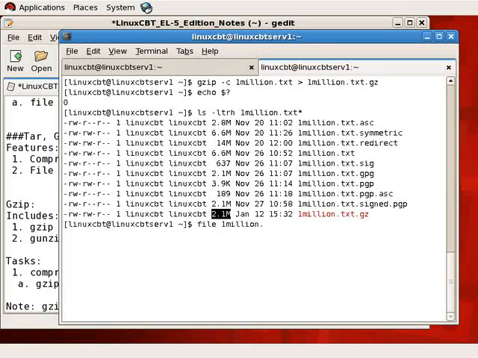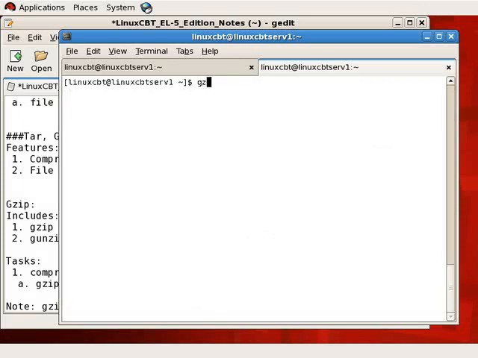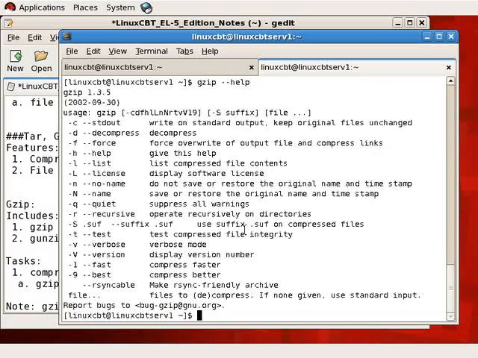Running file against 1million.txt, the original file, reveals that it's ASCII text. The new file is a gzip compressed document, so it's gzip compressed data. So we've saved roughly 2/3 of the size of the original document by using gzip compression. Again, gzip with the -c option compresses the information, but it does so to standard out by default, which is why we use output redirection to send the content to a new file,